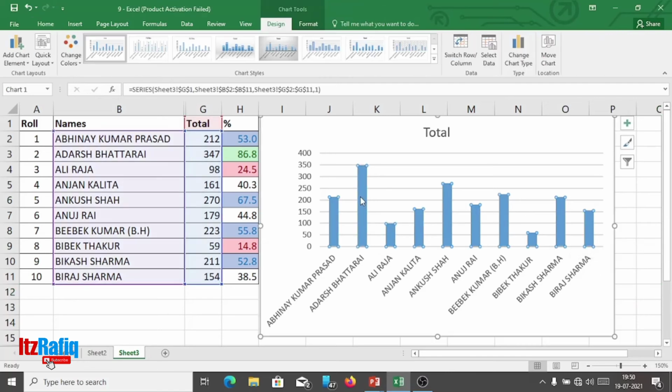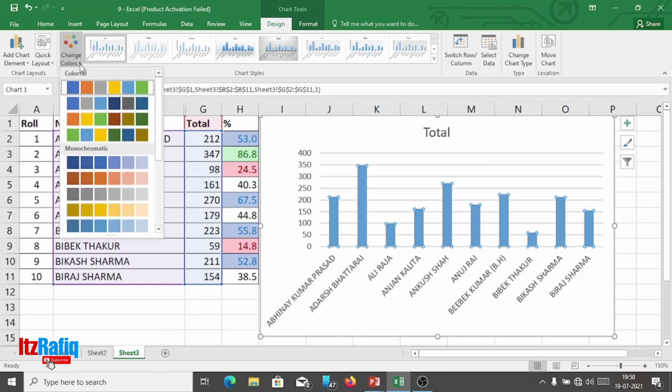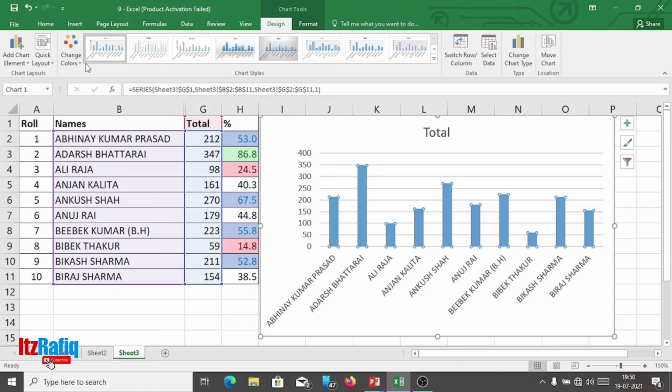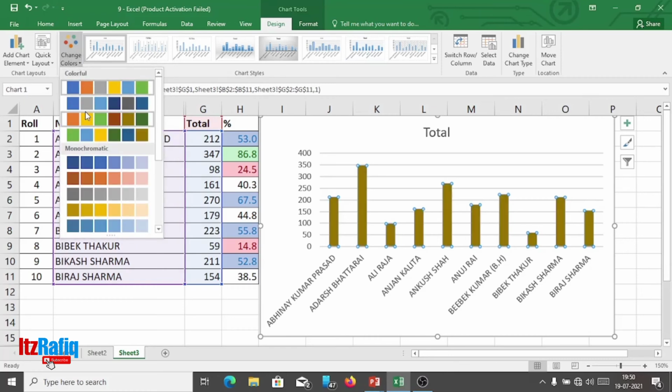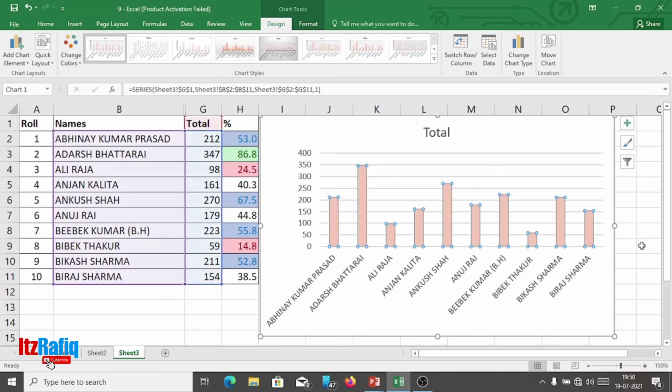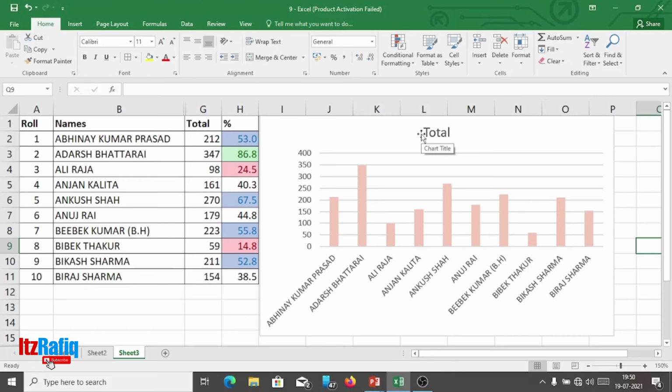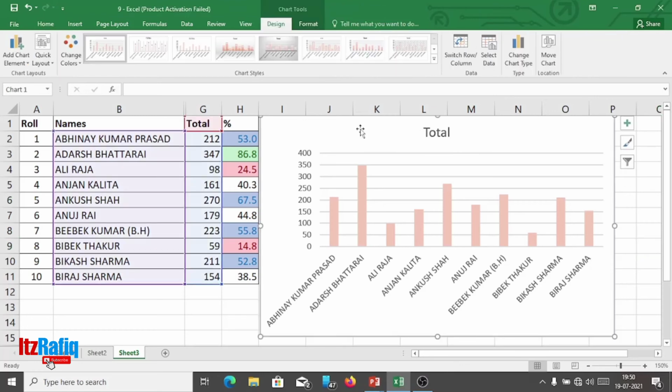These colors we can change also. Here the change color option is there. From here we can change the colors according to our wish. Even we can change the chart type.